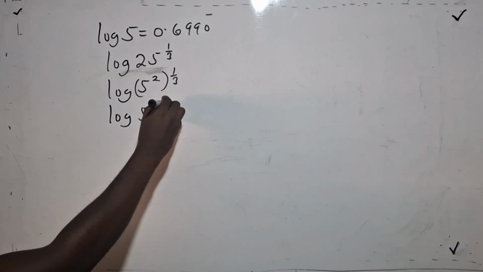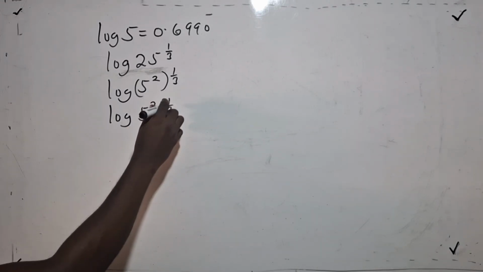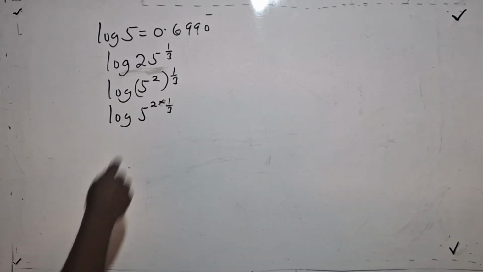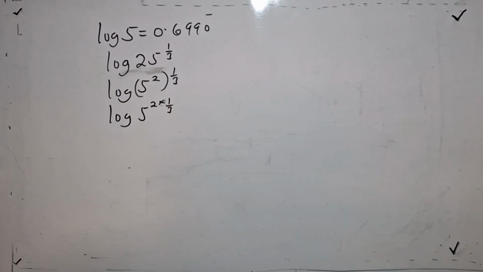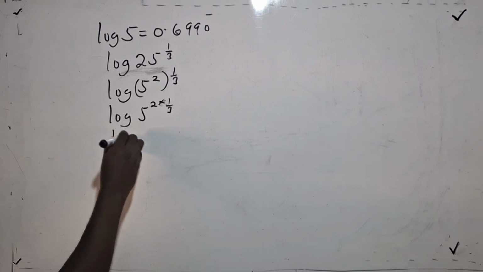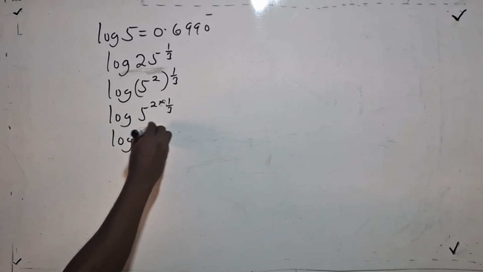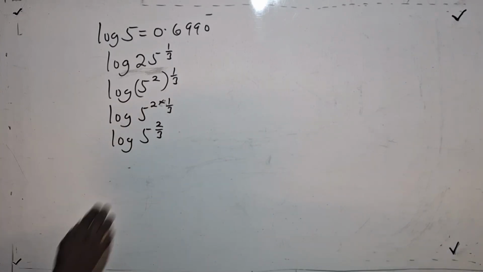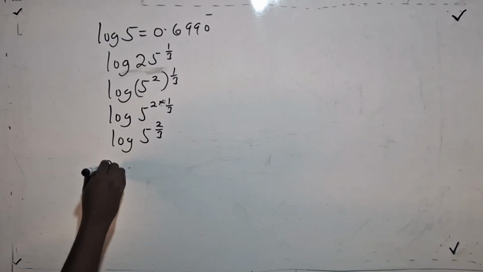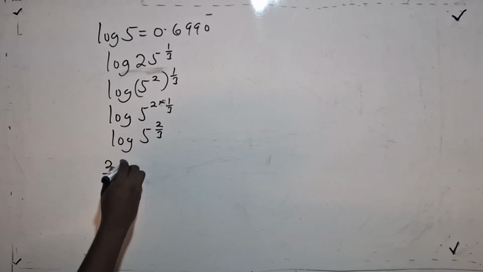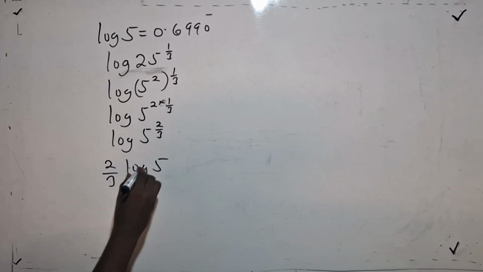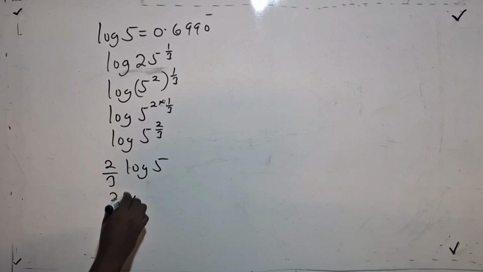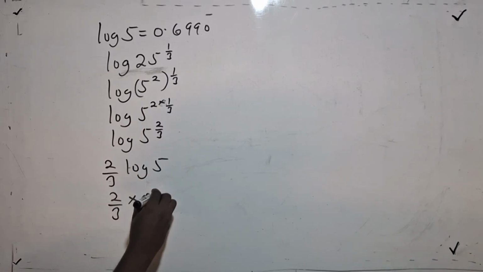It is multiplying. Normally, with a whole number and a fraction, we focus on the whole number. The whole number will multiply the numerator. So this one will give me 5 raised to the power 2 on 3, for which this one will give me 2 on 3 times log 5. And since log 5 is given as